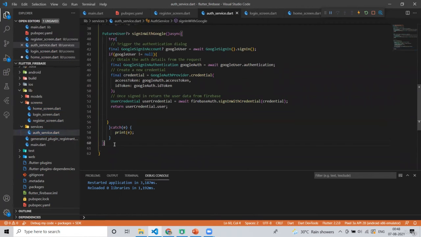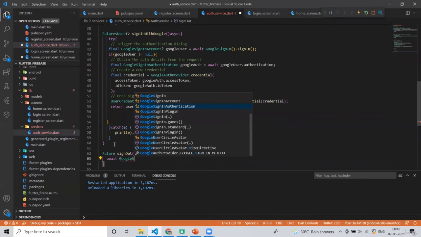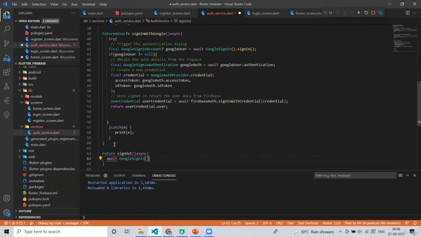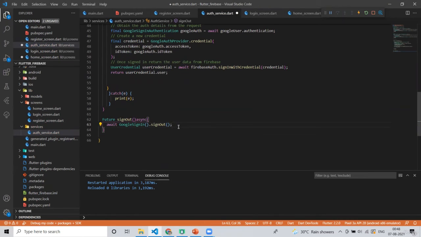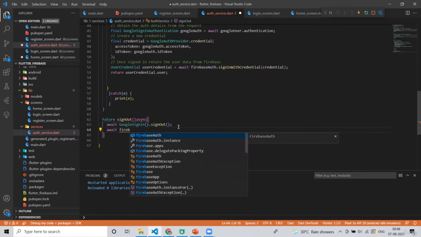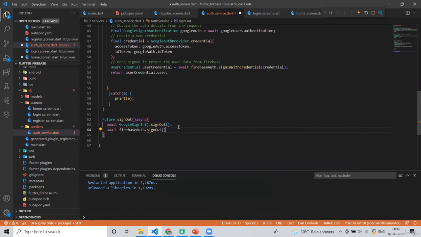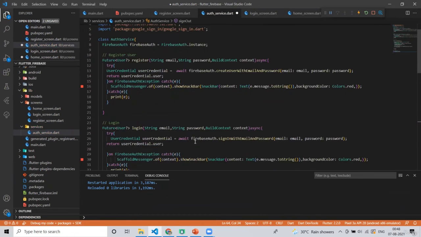Here we simply have to write future sign out like this, and simply write await Google sign in dot sign out, because it is required when we are using the Google package. We have to make sure we sign out so that we can choose another account if we want. And also we have to sign out from our Firebase auth as well, like this.